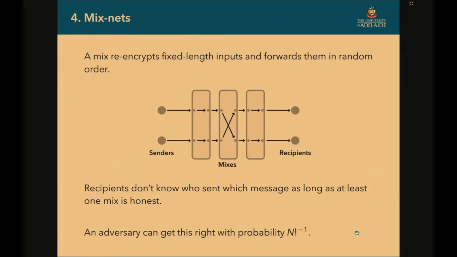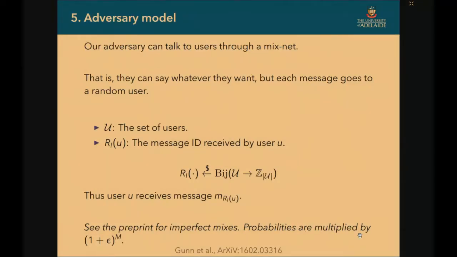So we used an anonymizing system, and in our initial analysis we've used a mixnet to analyze this. And the idea is essentially that an adversary can connect the messages to who got them with a relatively small probability of 1 on n factorial. I won't belabor the combinatorial stuff.